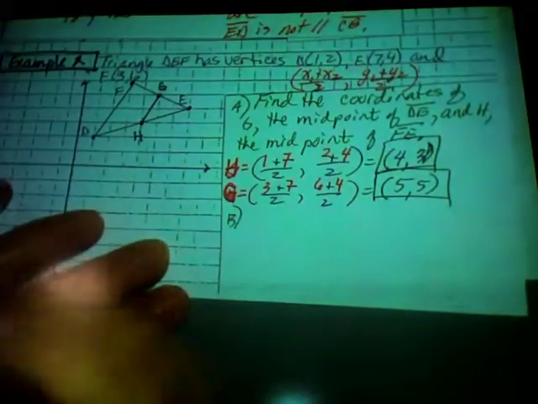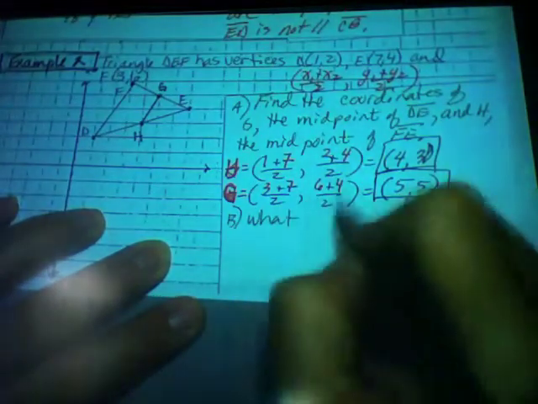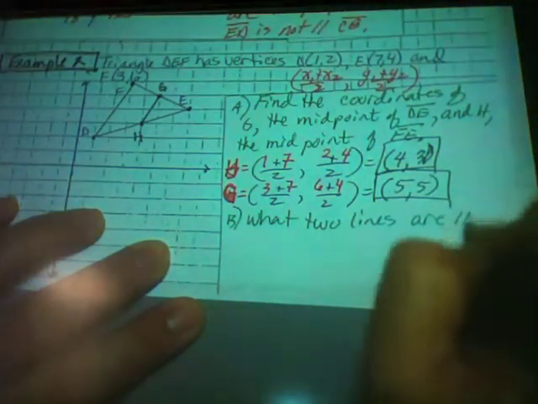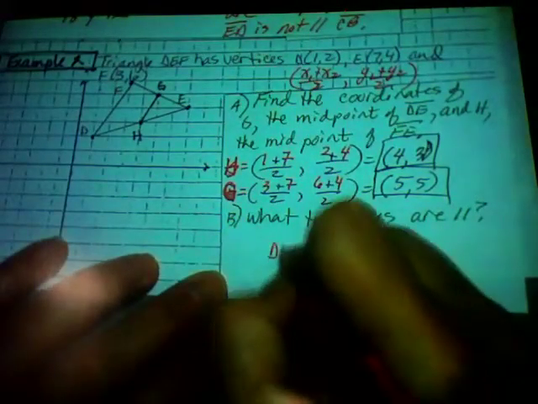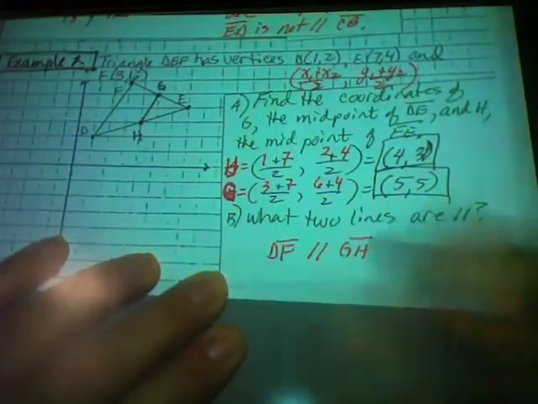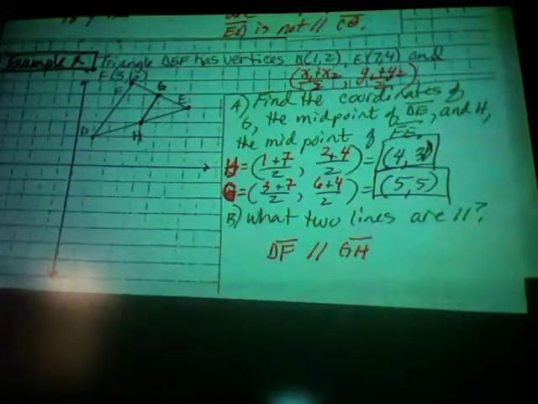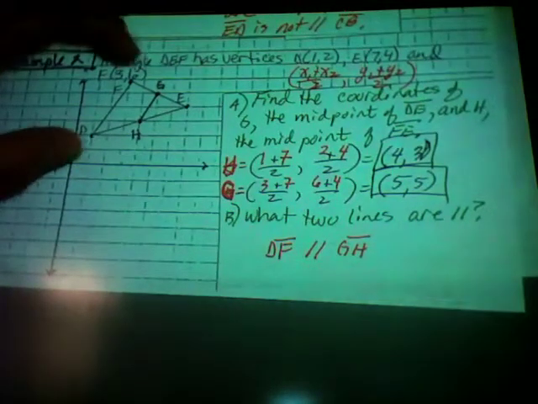Part B says, what two lines are parallel? What's your response? DF is parallel to GH based upon the previously stated theorem. Now they could have asked you to find the length of DF given GH, but